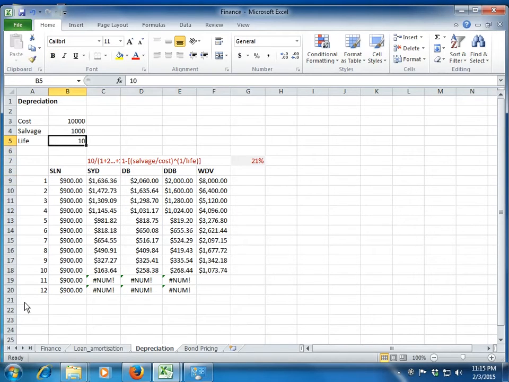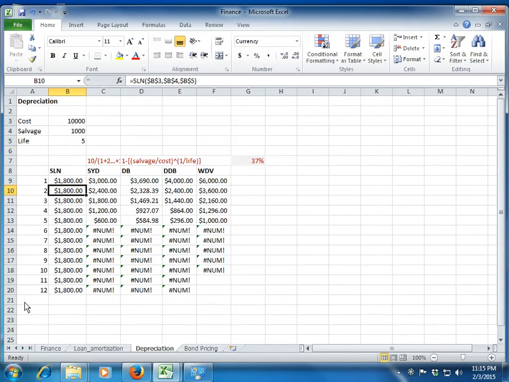Another thing which you need to notice about the salvage value is that, let's say if I change the life of the asset to 5 years. Okay. Please pay attention here. This is what I'm trying to say. Now you see that after 5 years, all the remaining formulas will throw an error, which we are already aware of, and SLN method will keep calculating the depreciation. But this is not what I'm trying to show you. What I'm trying to show you is here.